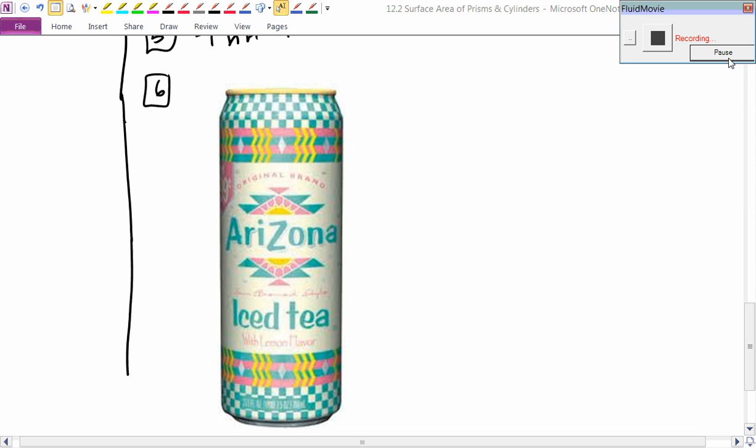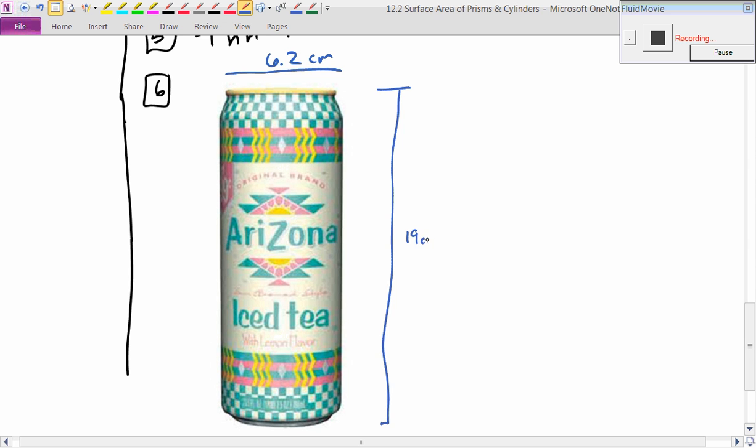All right, we did some measuring just now. It was kind of fun, and we found that this was 6.2 centimeters. Is that right? And then this was how many centimeters? This was 19 centimeters. Okay, so you are an artist, and you're working for the Arizona Iced Tea Company, and you want to figure out how much area you have to design the logo for the iced tea